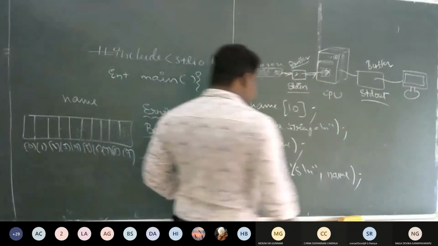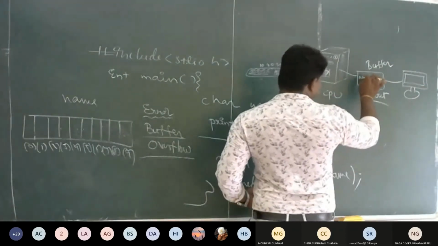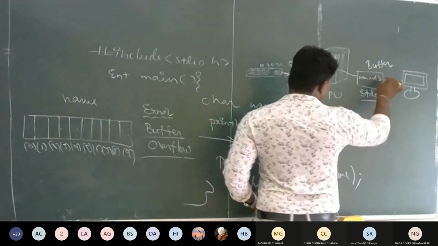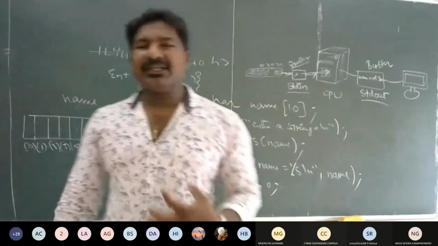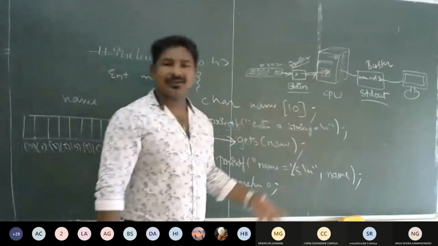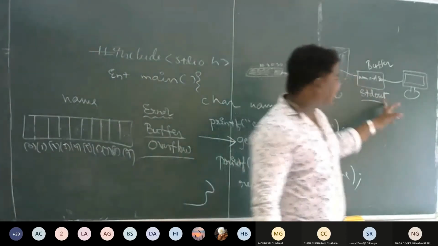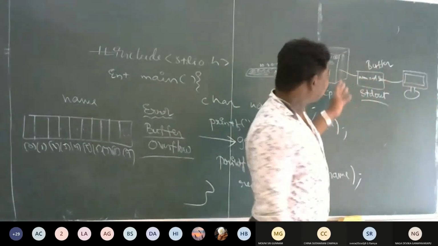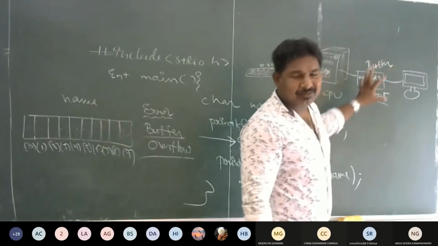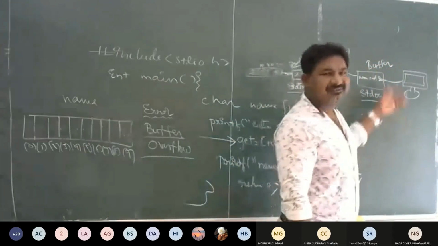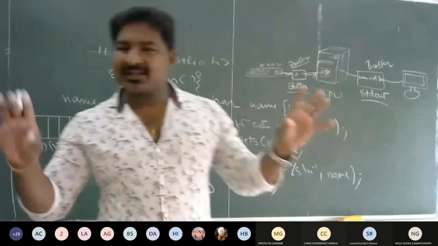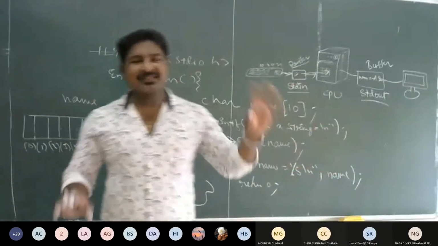What is that? You are typing, name equals to, whatever, KAC or something. That means whatever you are printing as results, you're printing something with the printf, right? Whatever values you're trying to print on the screen actually go from the CPU or from the program into a place called a buffer, and the name of this buffer is standard out, and from this place onto the screen. So just imagine that there are two places called standard in, standard out.